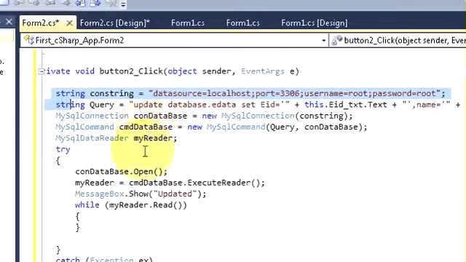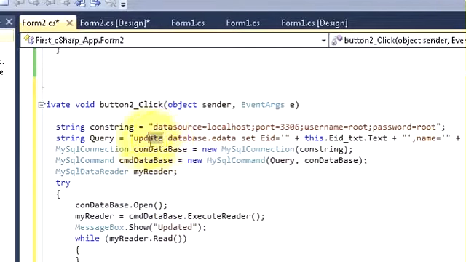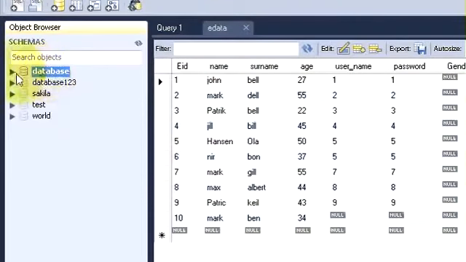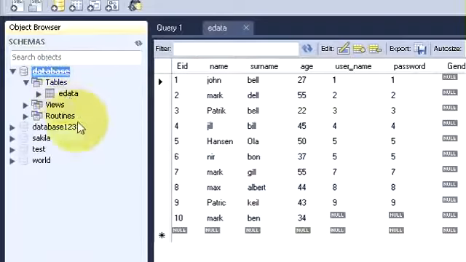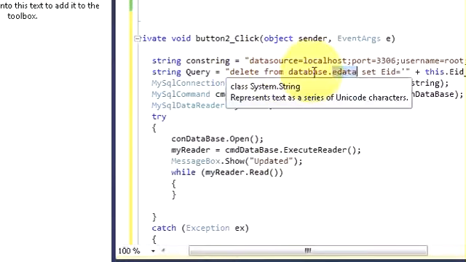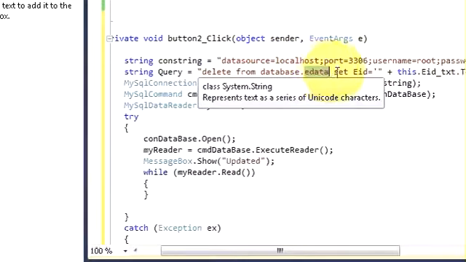So instead of update we will write delete from your database name dot your table name. In my MySQL database, this is my database name and this is my table name. So write delete from database dot table.